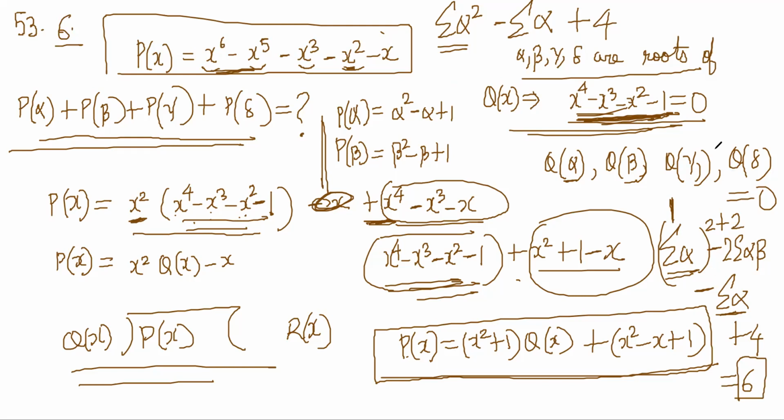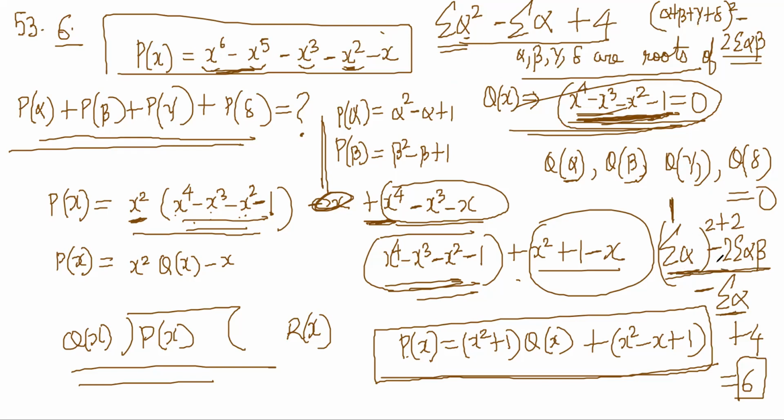Wait, sir. So when we found that, on the top you have written alpha square minus alpha plus 4. So sir, then what did you do? Then just found the values of those. If you have to find sum of squares of roots of an equation, how will you do it? Alpha square plus beta square plus gamma square plus delta square is equal to alpha plus beta plus gamma plus delta whole square minus 2 times products at 2 at a time. So that is what I am writing here: summation of alpha whole square minus 2 times 2 at a time product. So that is all available from this equation, no?